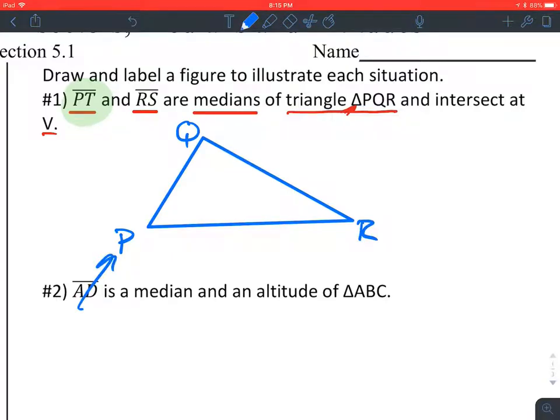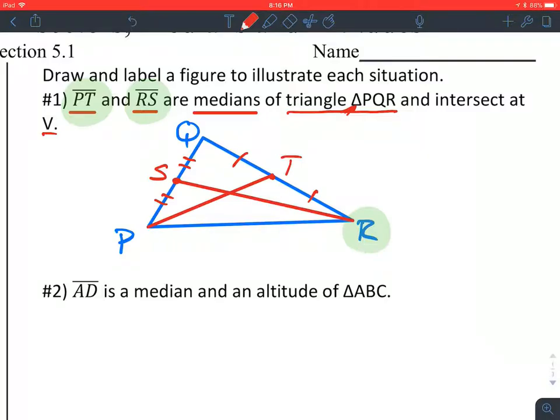P is already here. T has to be the midpoint of the opposite side, because that's what a median does. It goes through the midpoint of the opposite side. Then we have segment RS as a median. We already know where R is. S has to be the midpoint of the opposite side of R, which would be over yonder. So that is